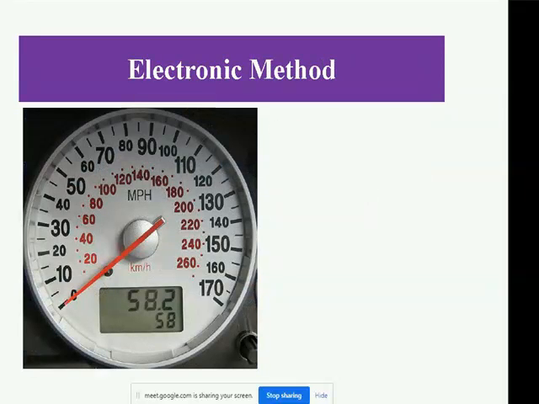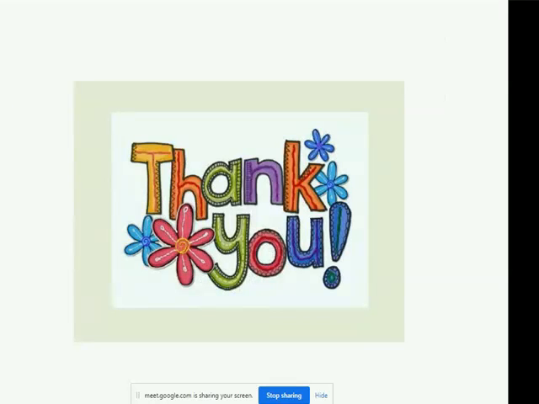Also some systems in our mobile phone calculate the number of steps and the distance, meaning there are some small sensors and software that can calculate the distance, and also a compass that can calculate the direction. So these are the measurement techniques. So thank you all, and do you have any questions?